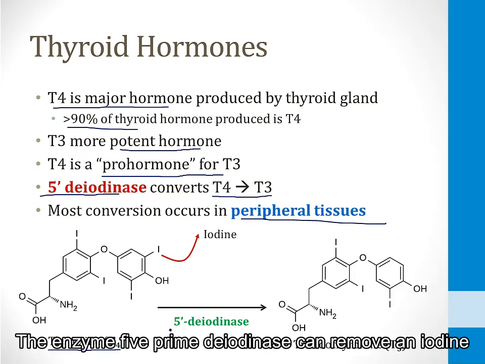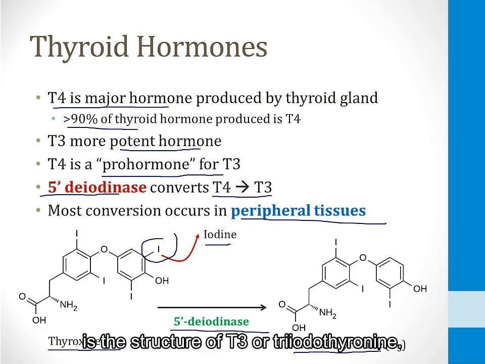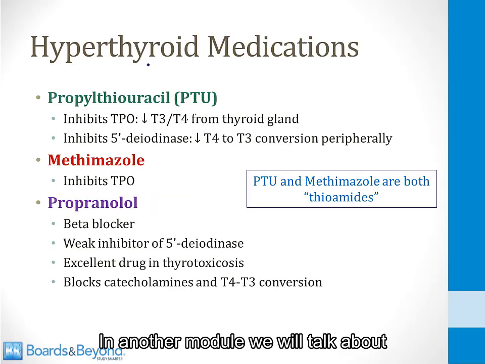The enzyme 5' deiodinase can remove an iodine from the 5' position. That's how the enzyme gets its name, and when this iodine is removed, the structure you are left with is the structure of T3 or triiodothyronine. In another module, we will talk about treatment of hyperthyroidism, but I just want to point out here that many